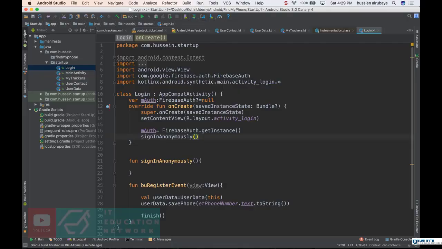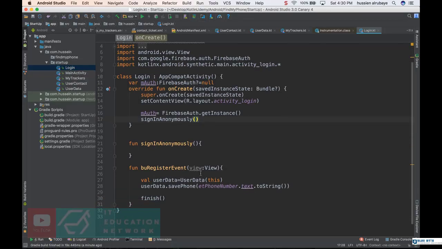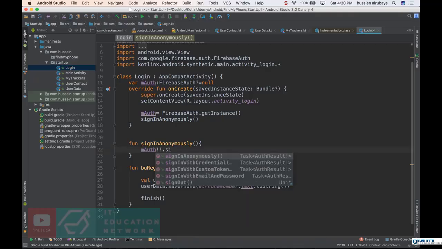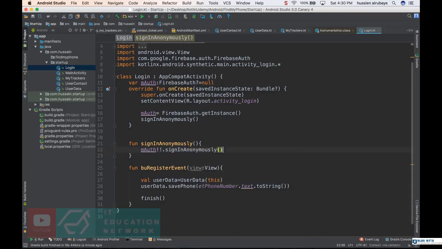This page should be seen only the first time, when the person logs in to the app. After that, you will not see it because the information will be saved, and you know the process. So in signInAnonymous, what I have to do is say myAuth, which could be an empty value, dot signInAnonymously, this method. Then you say dot add